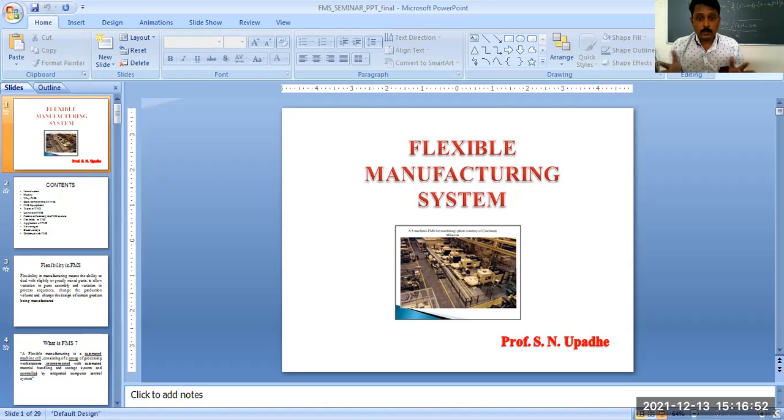This is very huge, because the ultimate cycle time and production will depend on that. By compounding this 10 seconds per product, you can save lakhs of rupees. So optimization of the manufacturing cycle time can also be done by using FMS. Whenever there is a requirement to optimize the manufacturing cycle time, we can go for FMS.